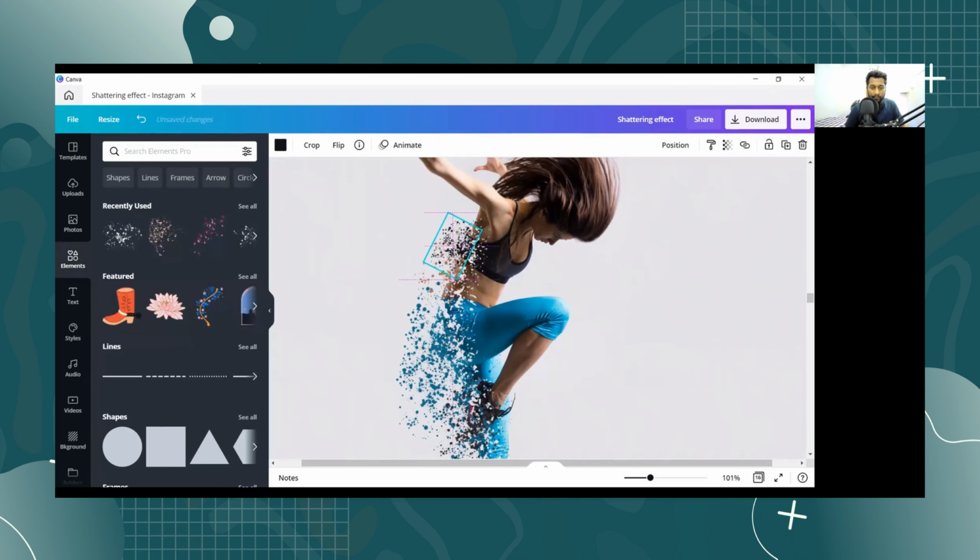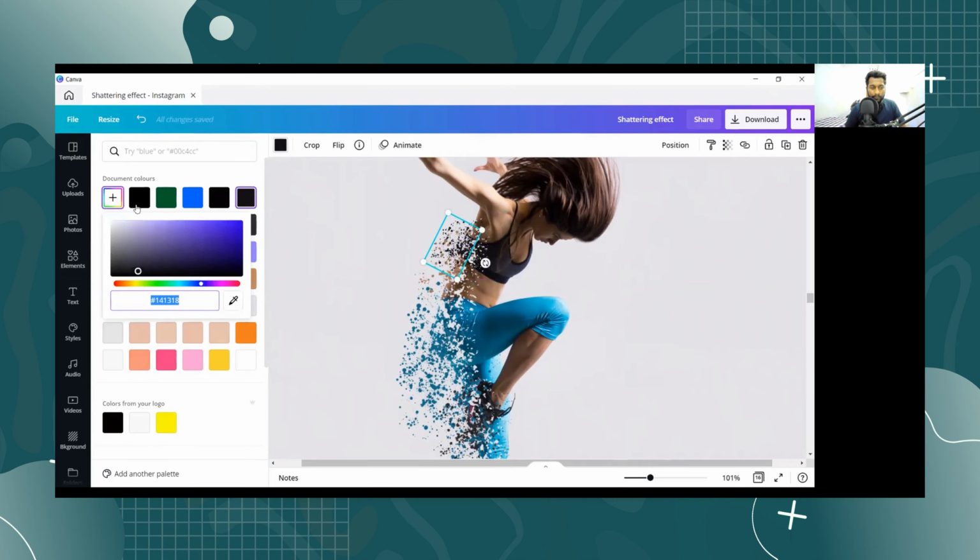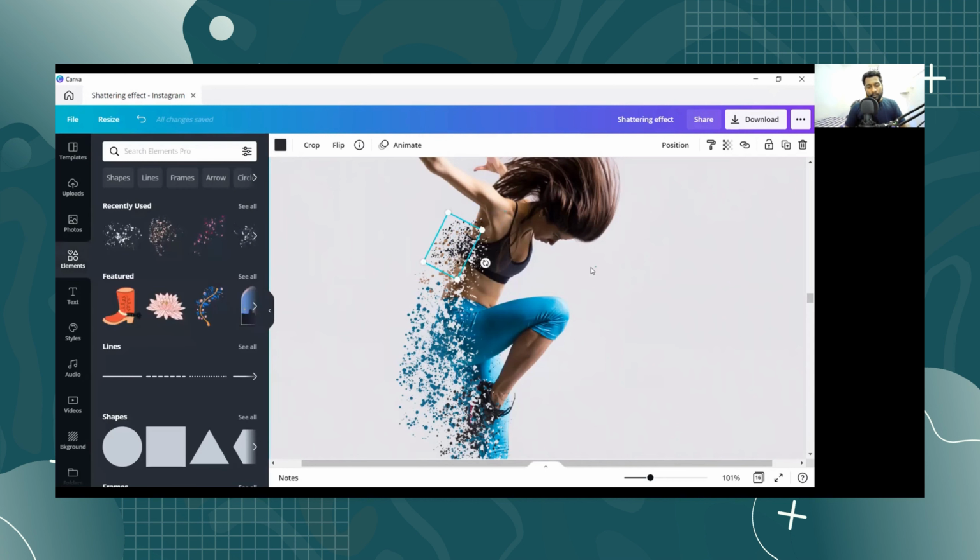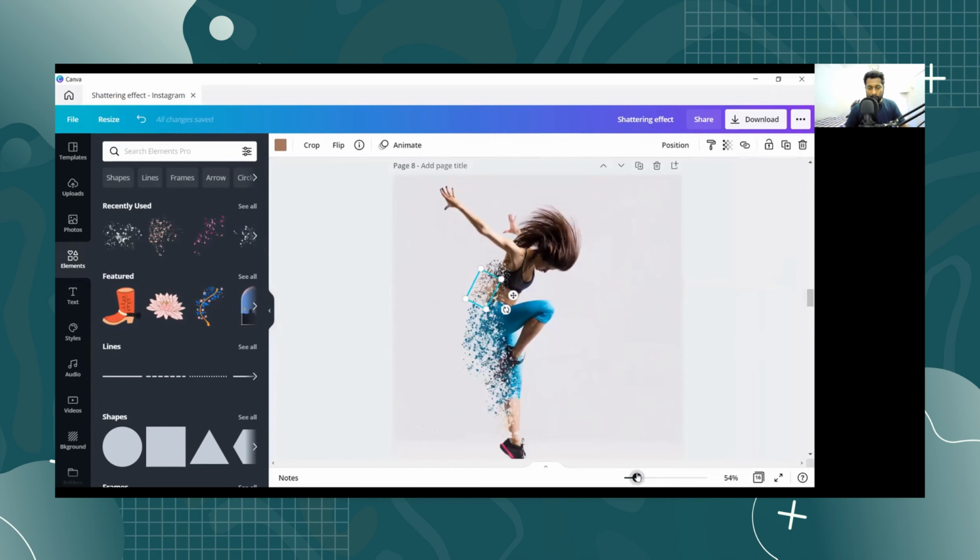For duplicating you just need to press Ctrl D. Like this you can get your design ready. So let me check. Yes.